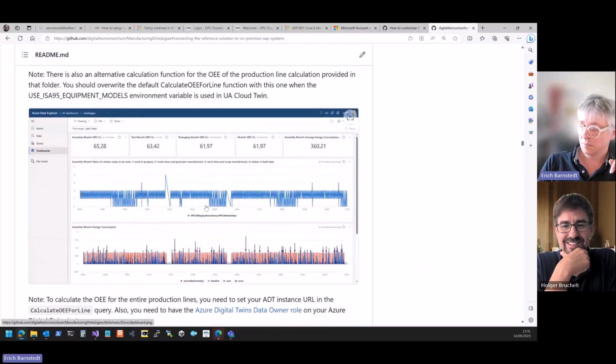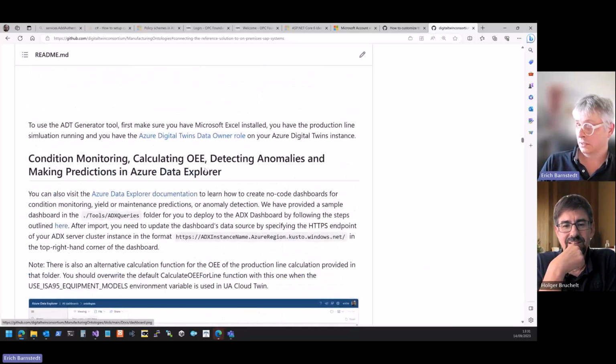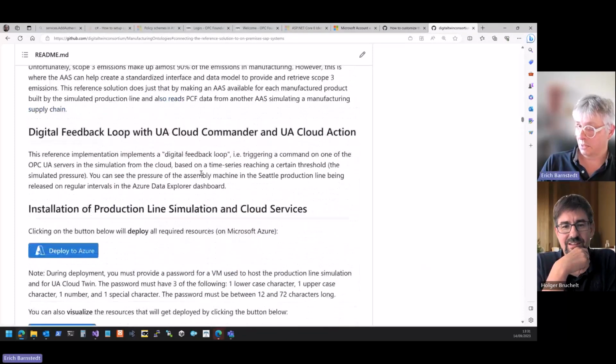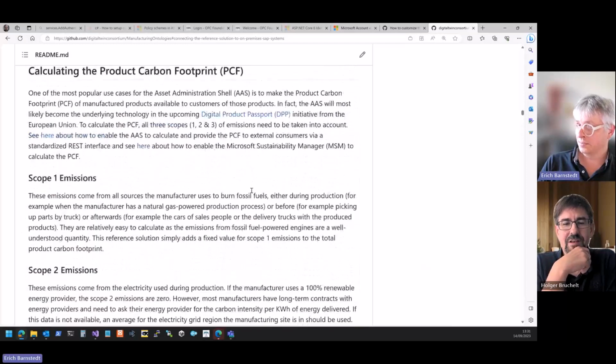And of course, we also make the dashboard for this available as part of the solution. So you don't even need to create the dashboard. It's done for you, including the OEE calculation. And then here's the button to deploy everything to Azure.